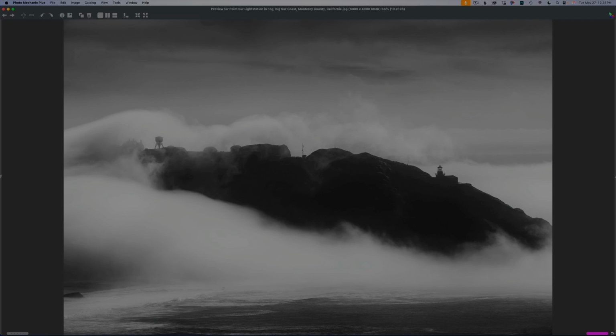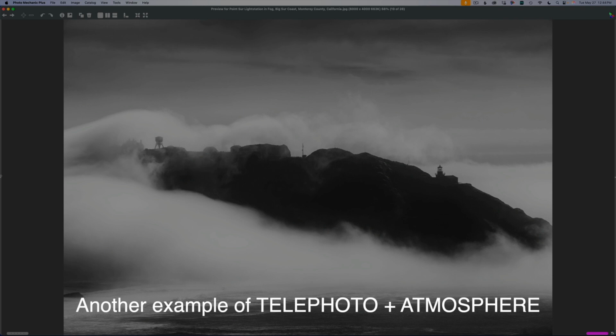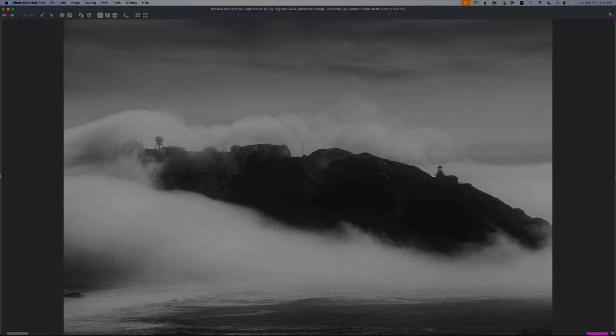This is a scene I captured with about a 200 mil. This is on the Big Sur coast, that's Point Sur Light Station. When I pulled up, most of this was enveloped in fog, but then I could see it was starting to break and it would move in and out. And the color just wasn't moving me, so I popped on my Sony